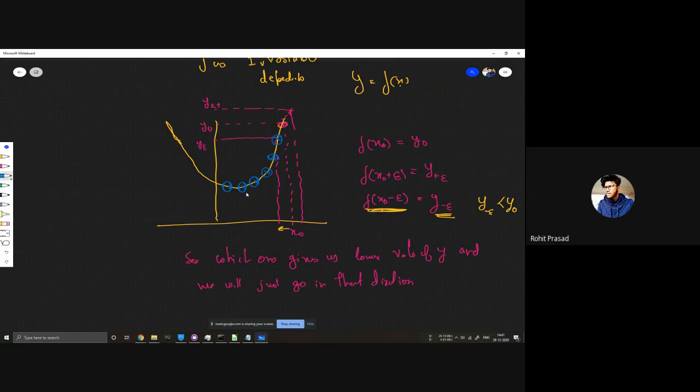Now in this direction it will decrease. If I just zoom in a bit on this part, make a box and zoom in, it can be seen that your x naught is here, and if you jump up here you will get this, if you jump down you will get this. So you will tend to go in this way. After this you will see that going in this direction will increase, and going in this direction will increase, but by a larger amount. So you just stop here.